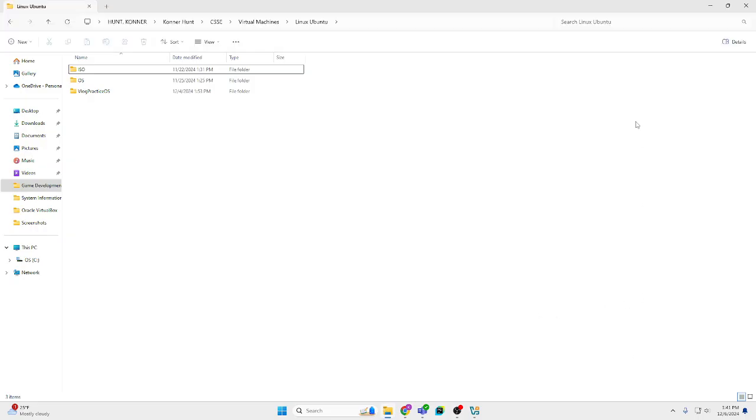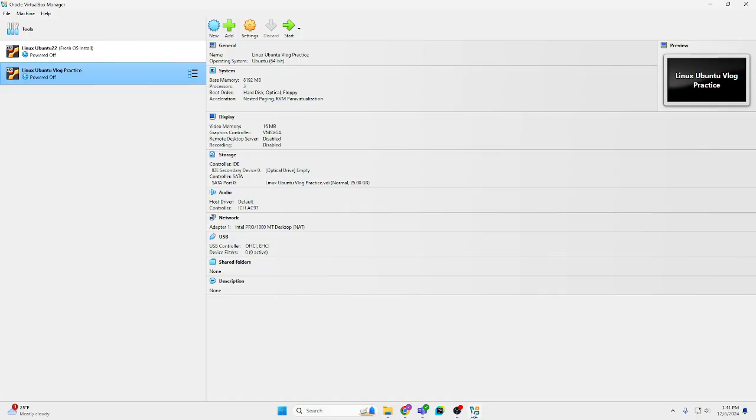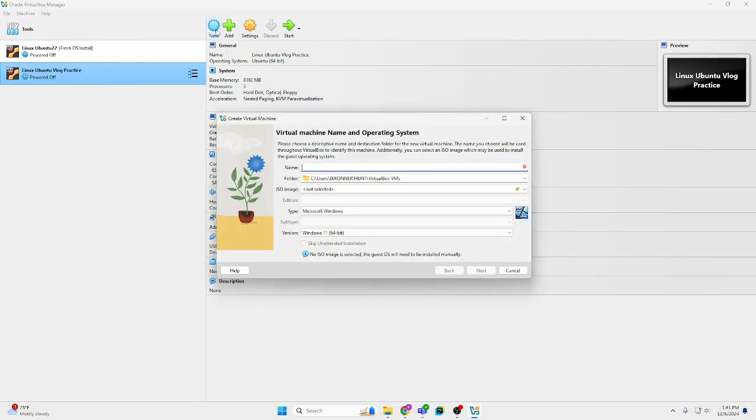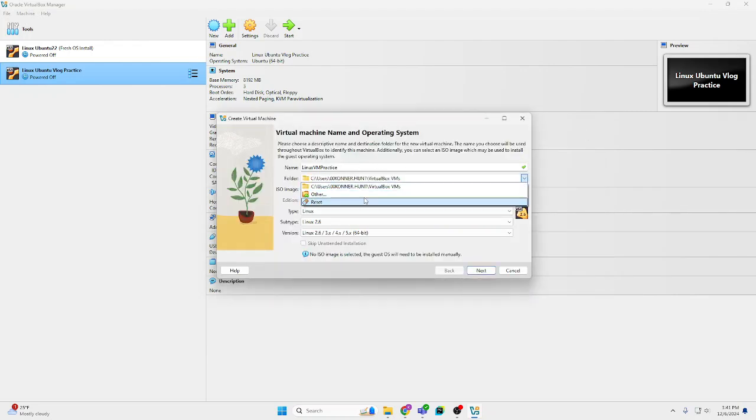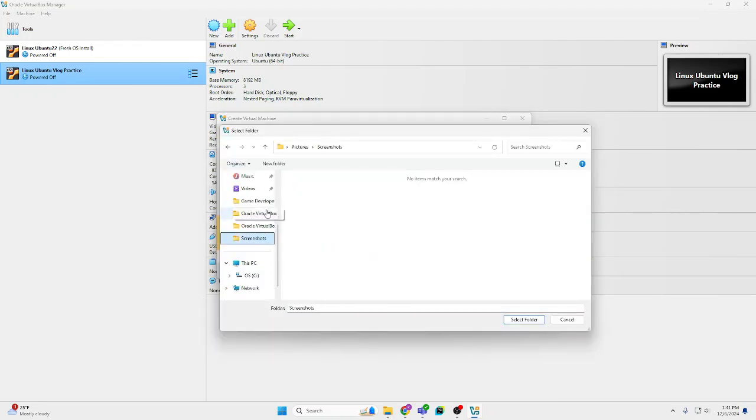Now that we have all the preparations done, we are going to go to VirtualBox, hit New, and name it whatever you want. We're just going to name it Linux VM Practice. Now we have to put it where we need to, so we are going to put it where you want to. For me, that will be